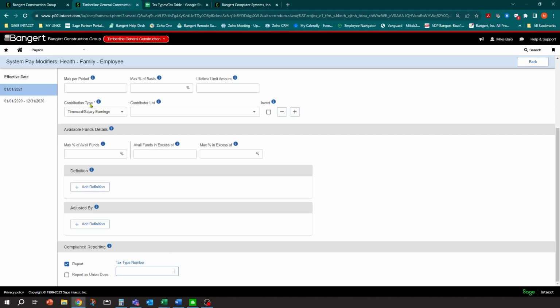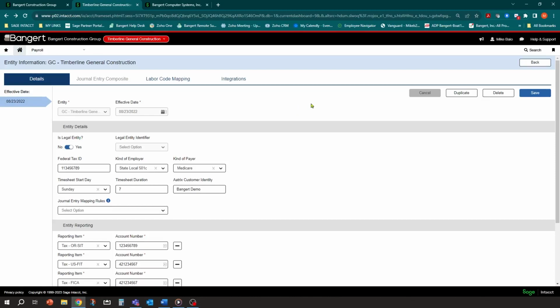You need to review that for all, and you'll get a chance to verify it and view it when we get into the Atrix setup. But that's where that information resides when you see reporting or compliance reporting down in the bottom of your setup screens. So next, let's make sure that you are enrolled in Atrix. If you already are, that's great. You can skip ahead in this section. But if you aren't,